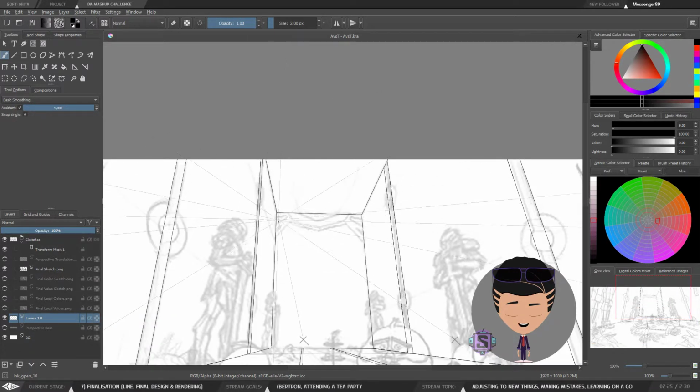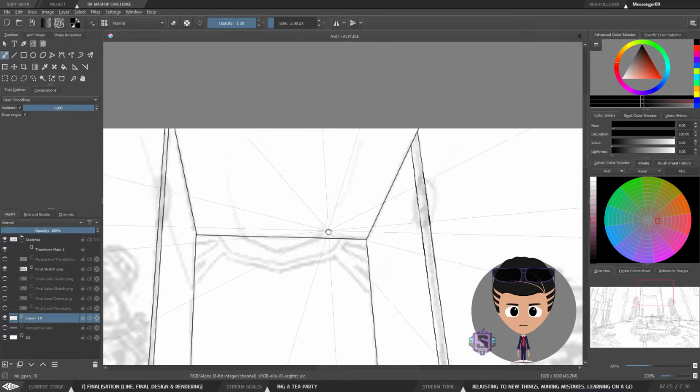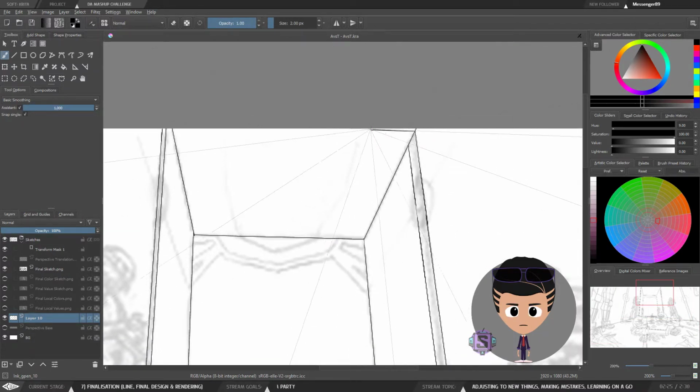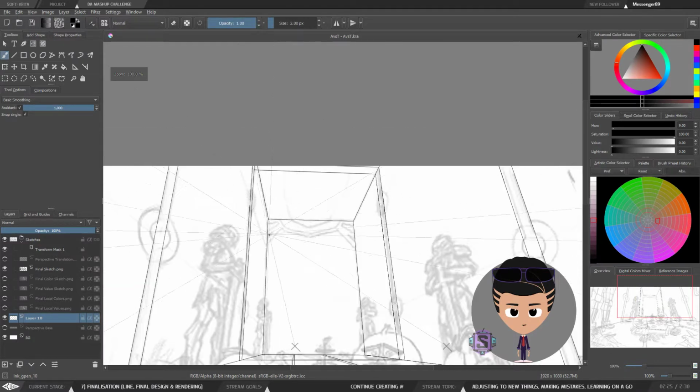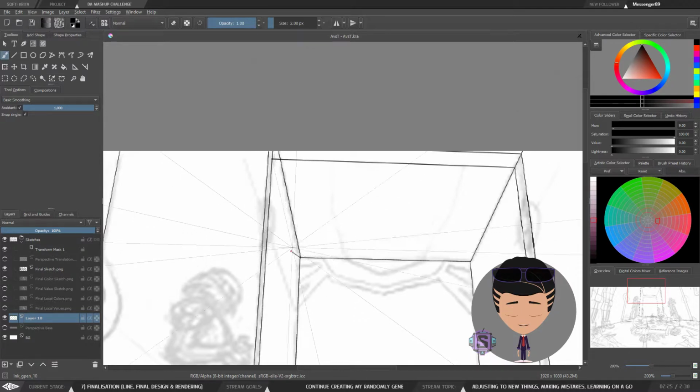It's like this wall actually a little bit bigger, although it's not. Okay, ideally we need to connect these things, but you see they're not connecting. That means that